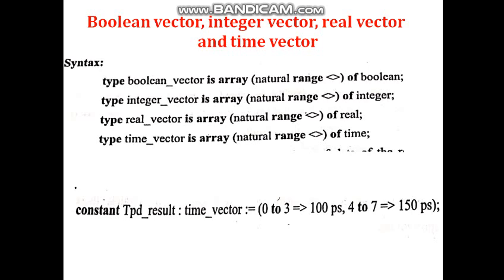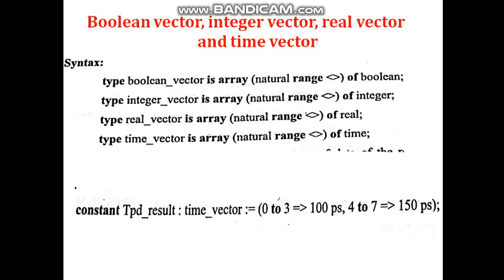Alternately, we can supply the constraint for a vector when an object is declared, for example, variable maximum_temperature, real_vector of 1 to 10. The time vector type is useful for specifying collections of timing parameters. For example, we can declare a constant representing the individual propagation delay for each different output bit as follows.